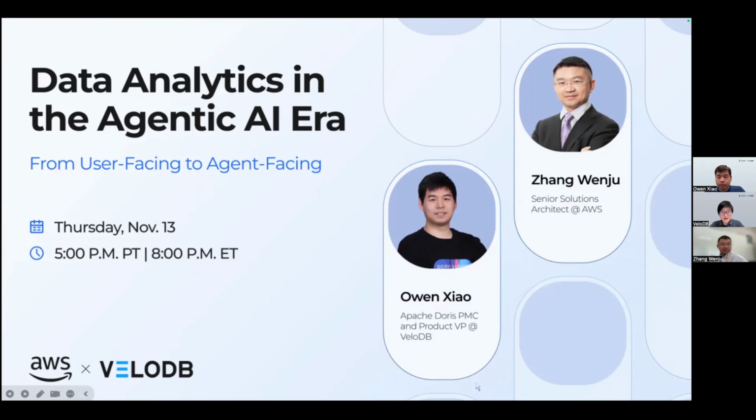And after Owen's talk, Dr. John will discuss how to actually use AWS services and MCP servers to build domain-specific data agents from scratch. He will also have a live demo showing you the whole process, so helping you to put everything all together.